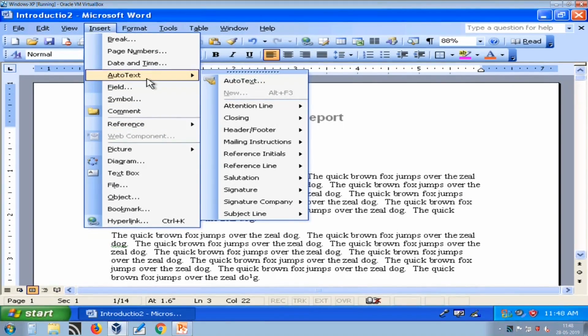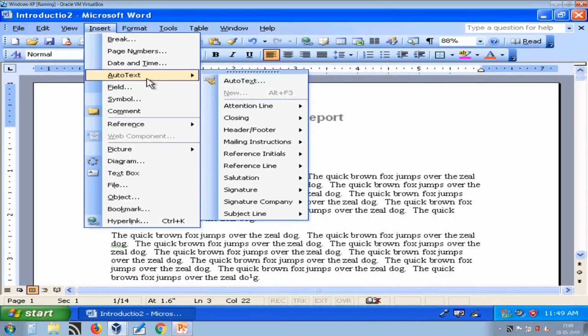Another important feature is auto text. Auto text and autocorrect, these are the two options available in Microsoft Word. Now, remember the difference between auto text and autocorrect: auto text will automatically suggest whether you want to add this text in your document as you type a few characters of the text, and autocorrect will immediately replace some predefined text with text which is mapped with that text.